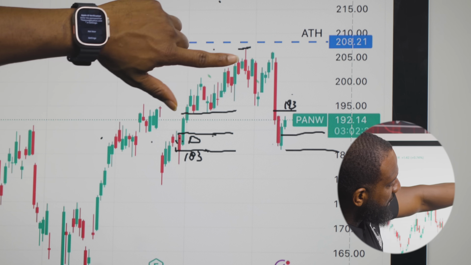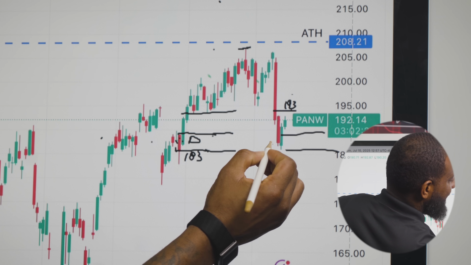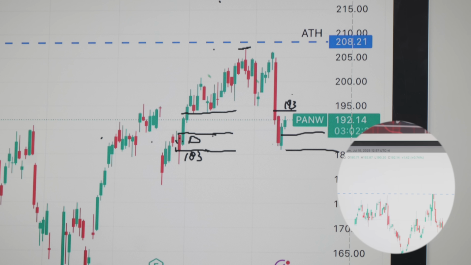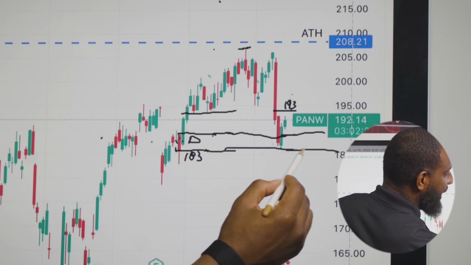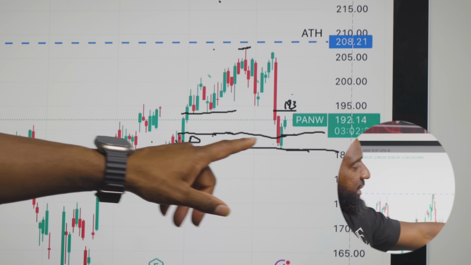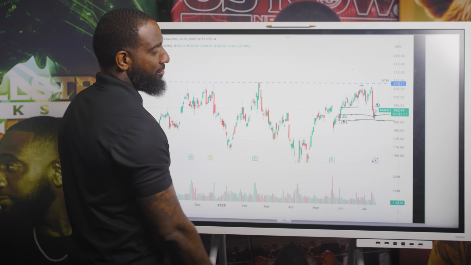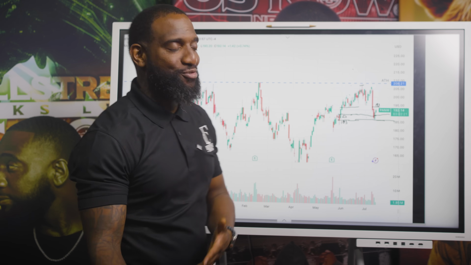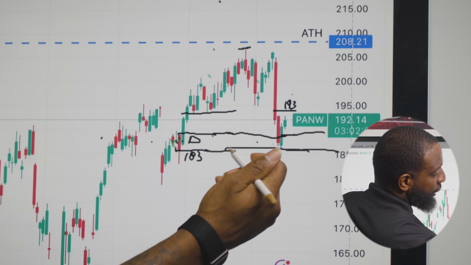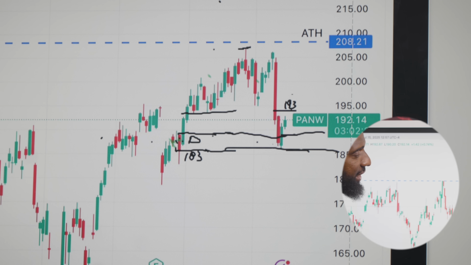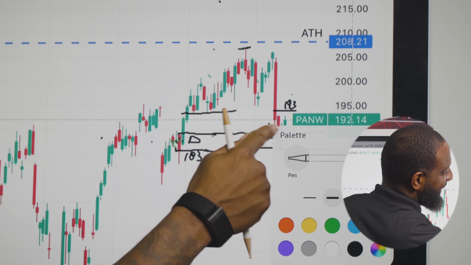So essentially what we did was we came down, we got out here, and then the next thing we did, we played it to about 180 something. Now, Trap, why did that make sense? Well, because we have a demand zone right here. And the demand zone is clear, which means if it comes to this demand zone, it's going to shoot back up, which is essentially what's happening right now. Remember, if you look left, you know how to move right. So the demand zone comes off this candle right here. If it comes into here and gets close to it, now it may not always touch it. So what I did, before we got to 185, we probably got out at about 187-ish.